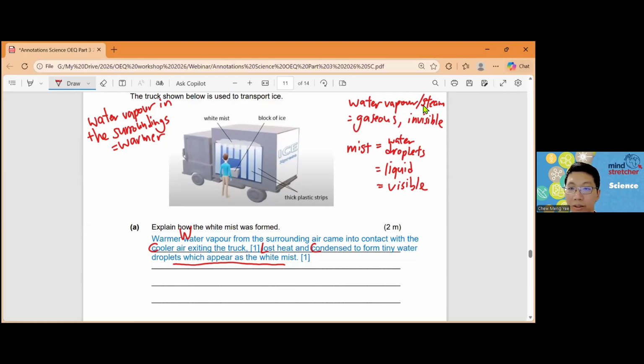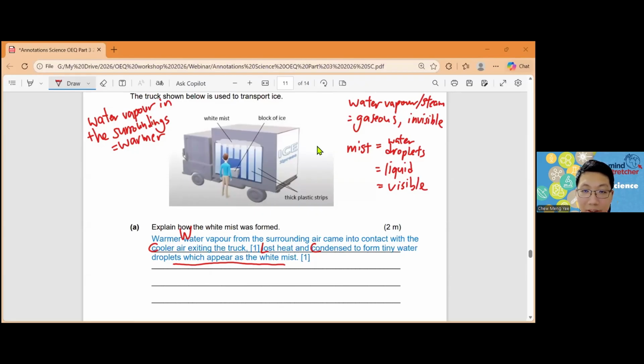I hope that is clear. For P5 students or P6 students, no matter what, you have to know the difference between water vapor, steam, mist, cloud. Water vapor and steam are in the gaseous state. Steam is just hot water vapor. All this water in the gaseous state is invisible. You can't see steam, you can't see water vapor. What you see are the cloud, the mist, which are water droplets. And water droplets are in the liquid state and you can see them. As long as you can see something, that is the liquid state for water.